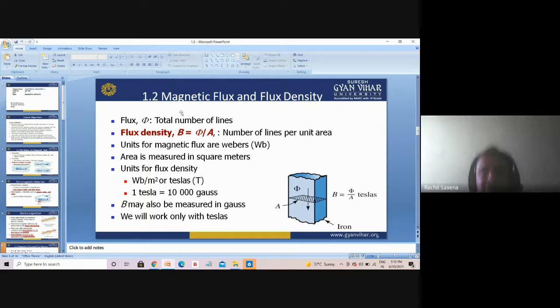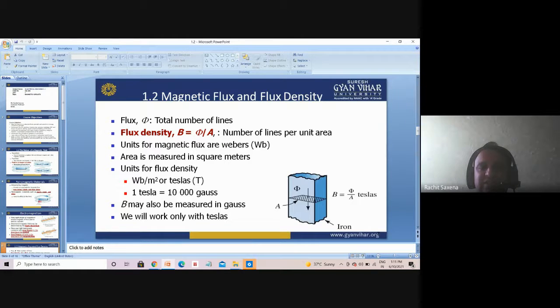Now here, flux. First of all, if we give current in a coil, that current is converted into ampere turns, that is N into I, ampere turns. That ampere turn represents the magnetomotive force. Through this magnetomotive force and the reluctance of the material, the mmf is converted into flux. Okay, so the lines which are represented here are the flux.